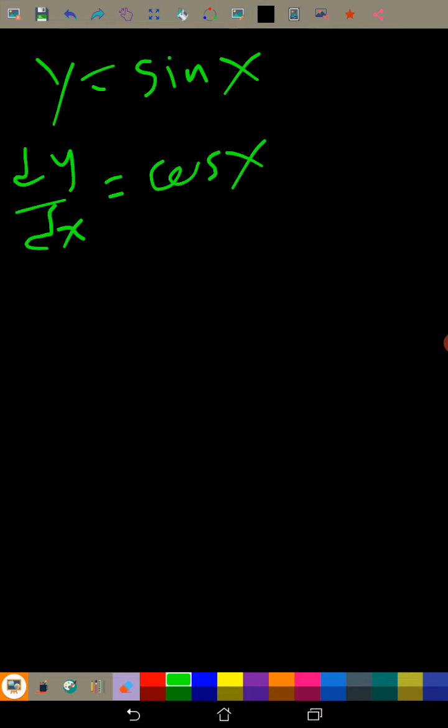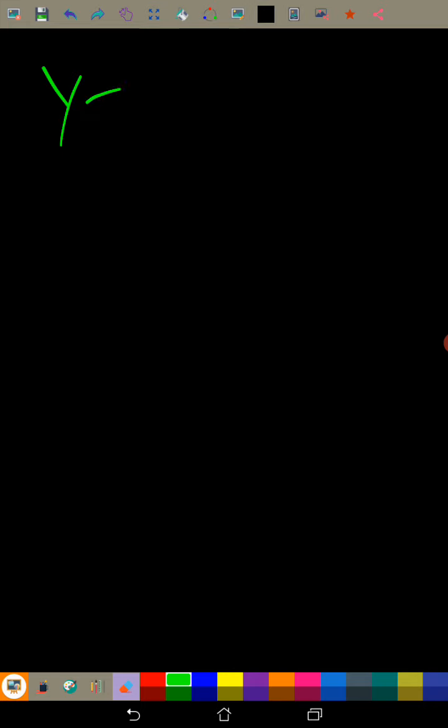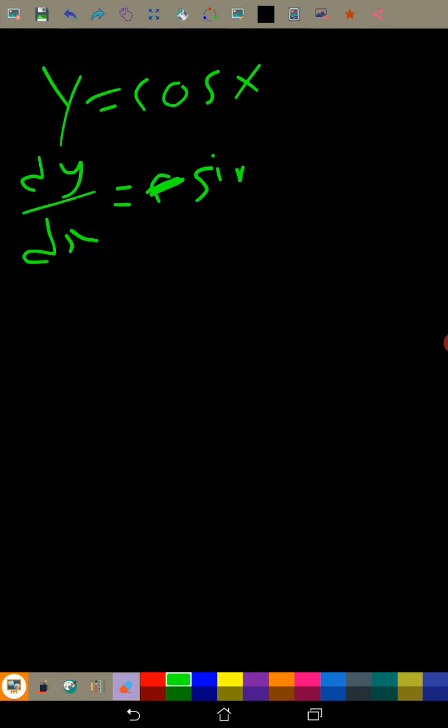And we can use a similar proof to differentiate cos x. So y is equal to cos x, dy by dx is equal to minus sine x,